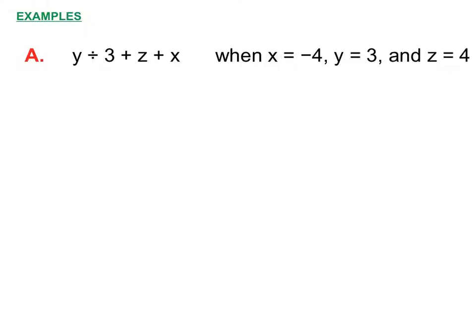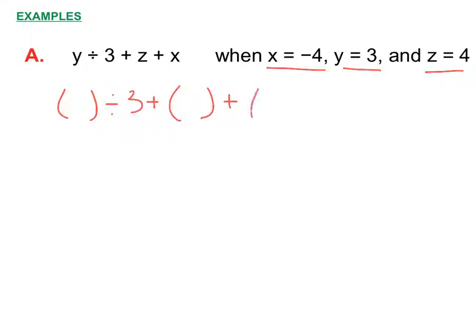So you're going to be given values for different variables, and you are going to substitute them or replace them into the given expression. So our given expression is y divided by 3 plus z plus x. I like to start by walking through and saying wherever there's a variable, I'm going to put a set of parentheses. So y divided by 3 plus z